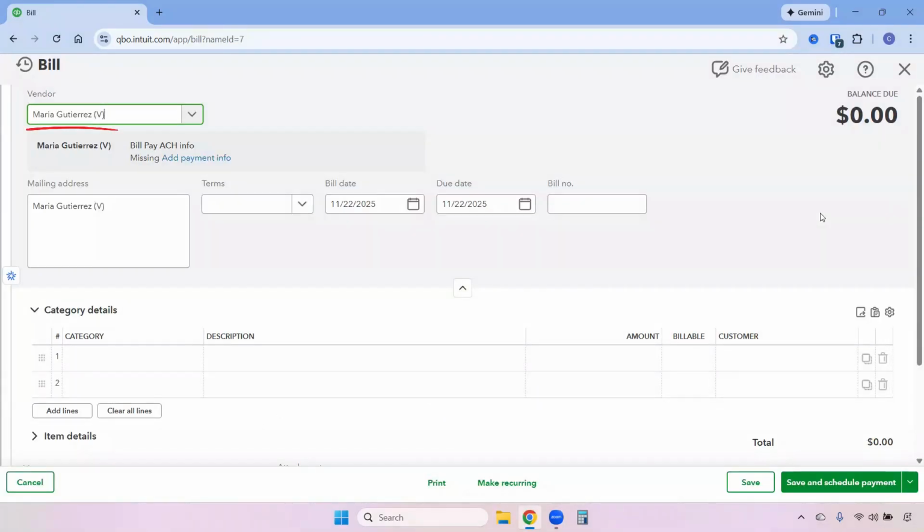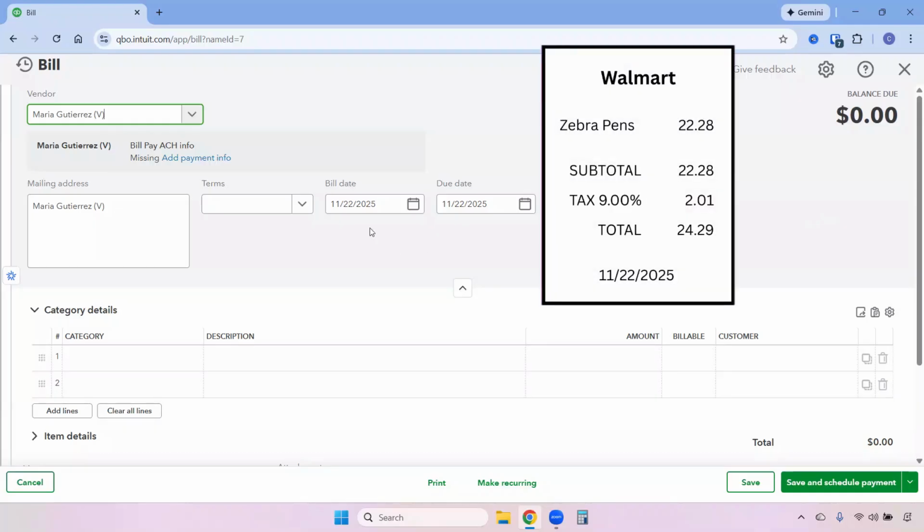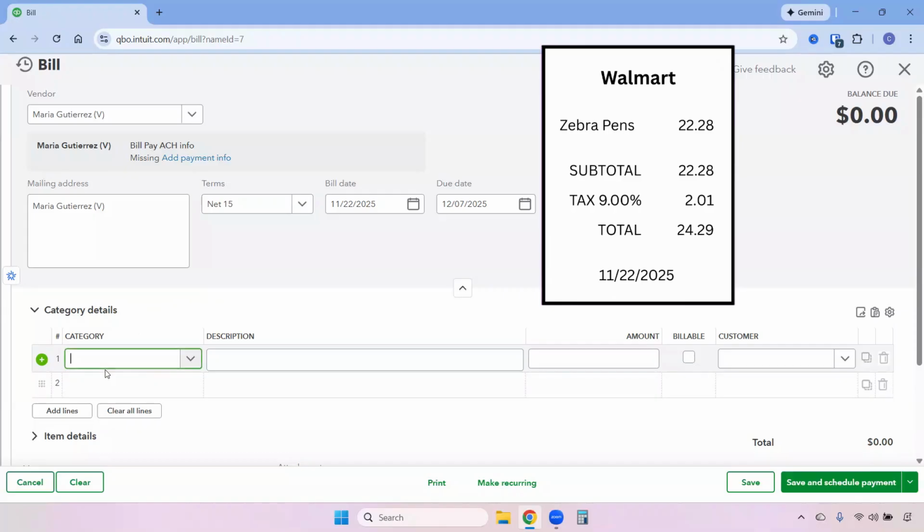And here we have Maria Gutierrez as the vendor. The bill date will be the date on the receipt, which is November 22nd, and the payment terms will be based on the business's policy. In this case, the business reimburses employees within 15 days, so we'll select Net 15, and then the category is office supplies. The description is what was purchased, so this was pens, and the amount was